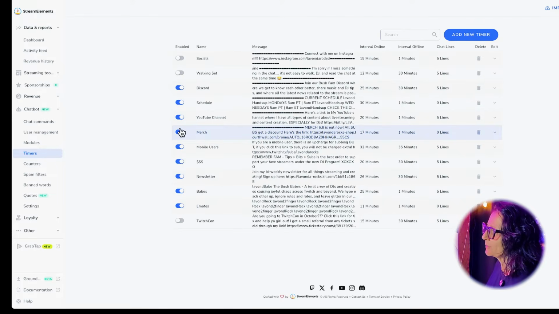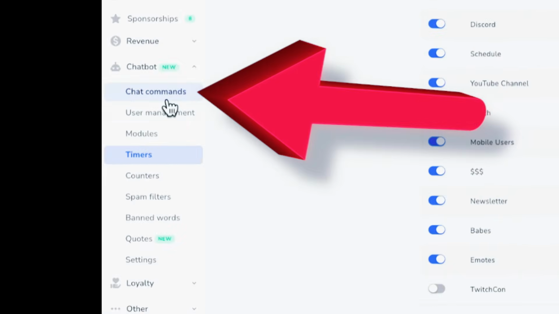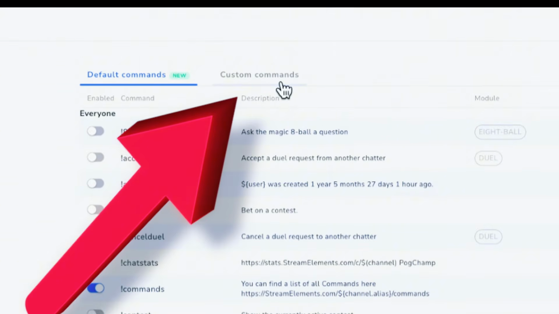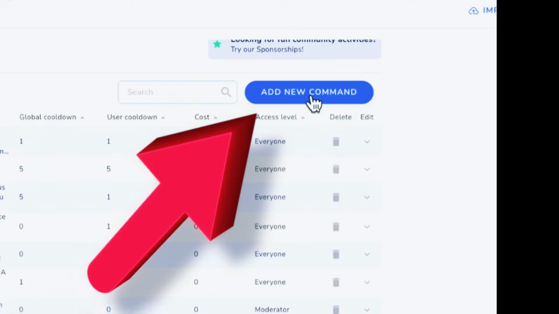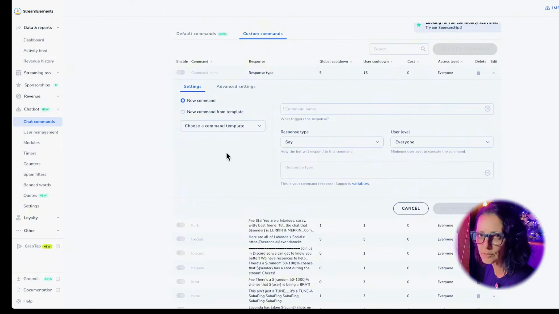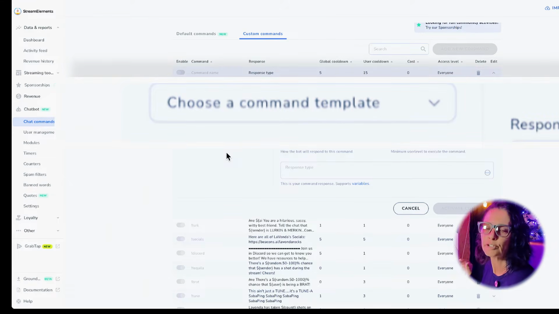We're gonna go back up here to chat commands and click on custom commands. On the top right-hand side, click Add New Command. StreamElements gives you templates, use them. This is not the time to prove you're a coding wizard. We're gonna make one for shoutouts because we all wanna spread the love and hype up our friends. And when somebody raids you, you want to be able to shout them out and show them love and pretend